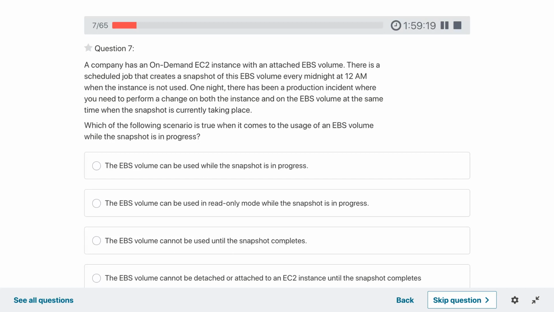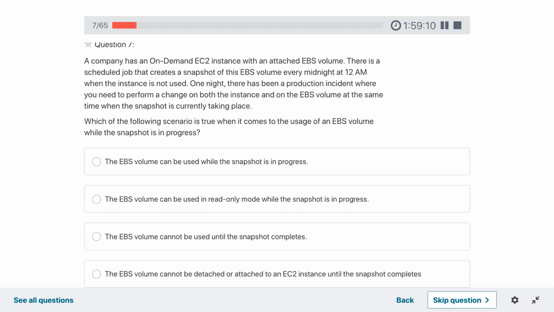Which of the following scenarios is true when it comes to usage of the EBS volume while a snapshot is in progress? The EBS volume can be used while the snapshot is in progress. False. The EBS volume can be used in read-only mode while the snapshot is in progress. The EBS volume cannot be used until the snapshot completes. The EBS volume cannot be detached or attached to an EC2 instance until the snapshot completes. Fourth is the correct answer.